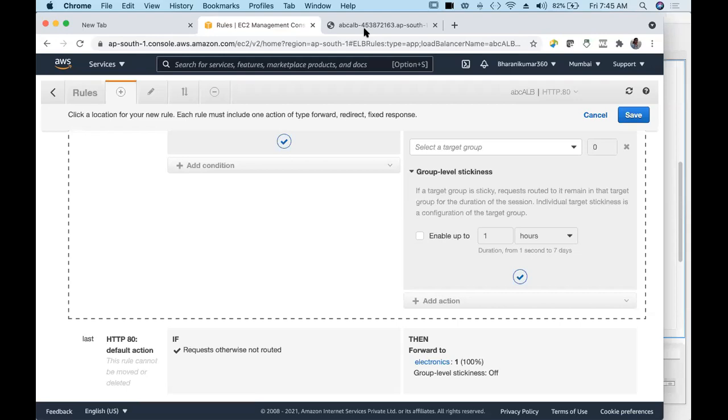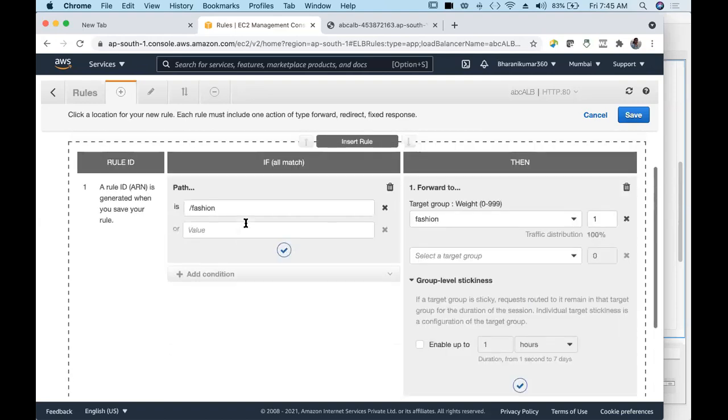So we want him to be directed to the same server. In such scenarios, you can enable group level stickiness. So within 1 hour, if he tries to connect to the server again, then his request will be routed to the same server, not to another server within the target group.